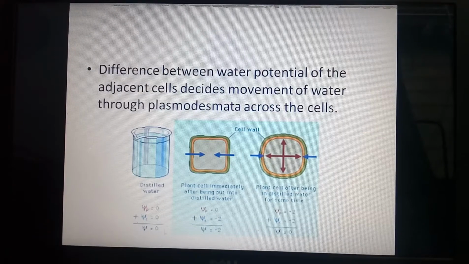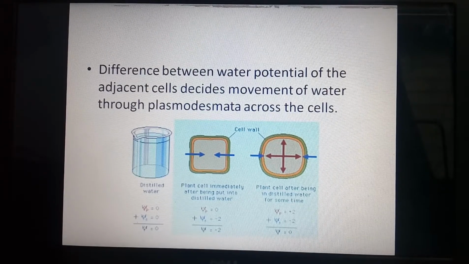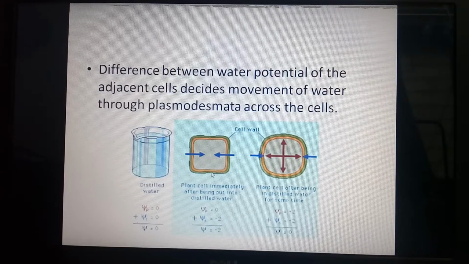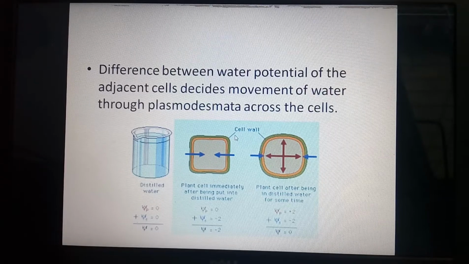Here the example is taken in relation to water potential of pure water, water potential of the solute molecules, water potential of the solvent. And when we kept the cell into the pure water, the water potential of a cell cytoplasm is more negative compared to the water potential of pure water. So water starts to move from higher potential towards the lower potential, so that it is somewhat similar to osmosis. It's all for the water potential.